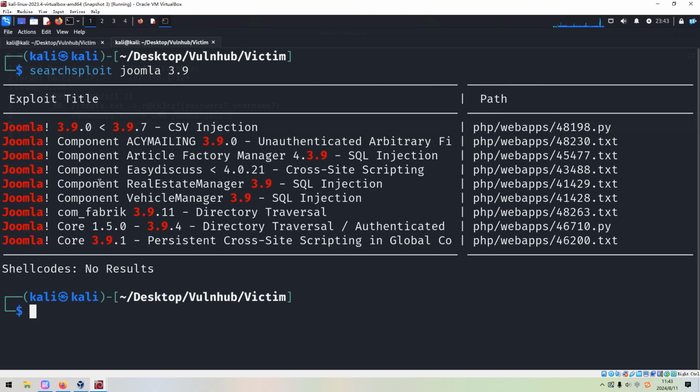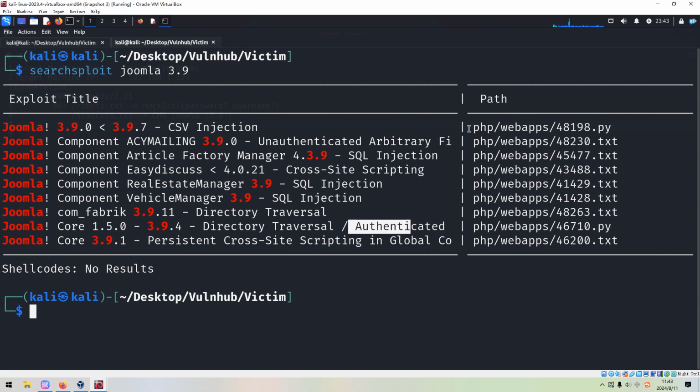And we can get several available exploits like this one, but I think this is the only one which meets our environment, right? Authenticated.